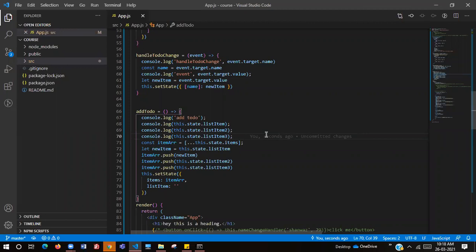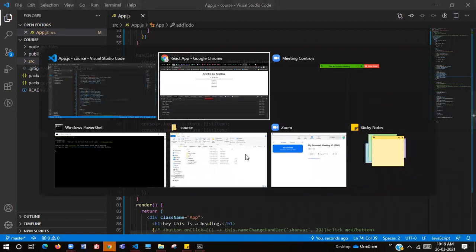Should that work, without assigning this.state.listItem2 to any variable and then taking the variable and pushing it? I think it will work. I'm not sure. Yeah, you're just taking the values directly, right? Yep, instead of assigning it to a variable separately. Exactly. So let's try it out and then I'll explain.